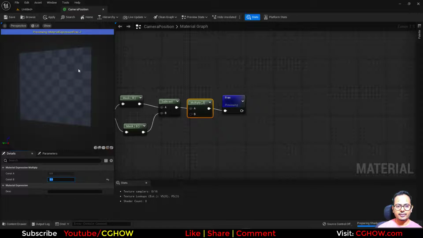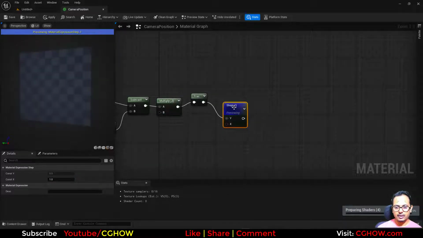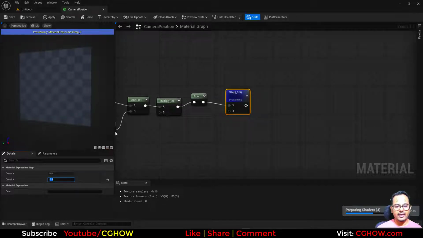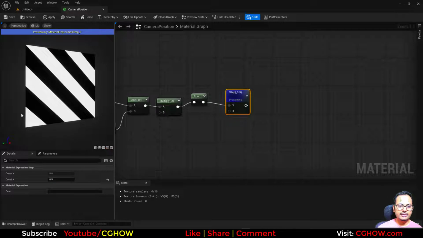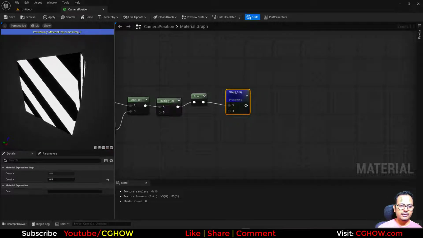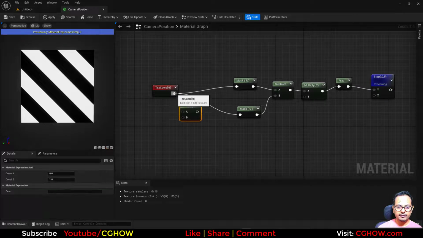So I will repeat these. Then we can have a step node, and maybe 0.5. So I will have some lines. Okay, so you can have one or two. I want these lines to animate like this when I'm moving my camera. So here in the texture coordinate, if I add